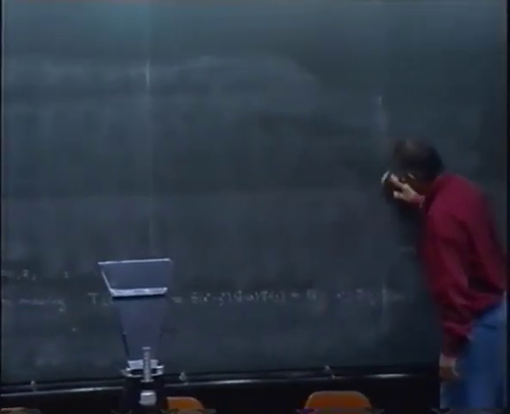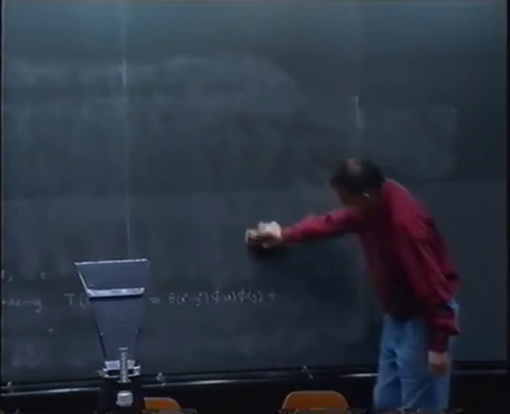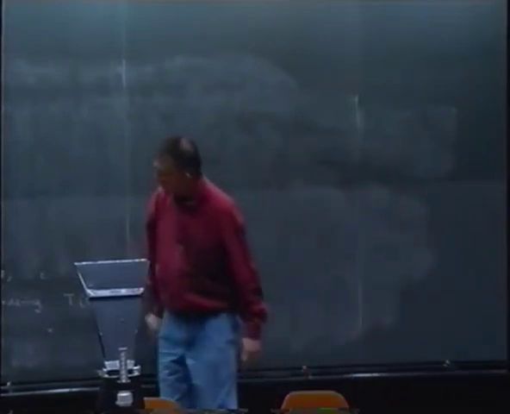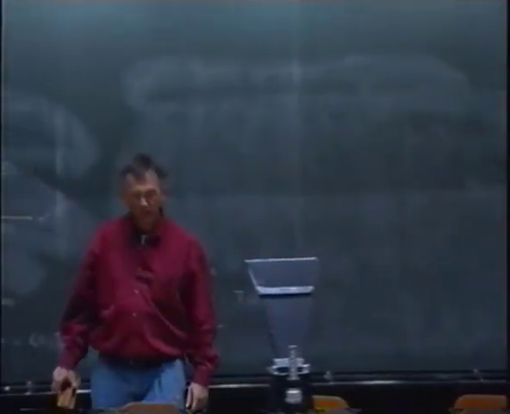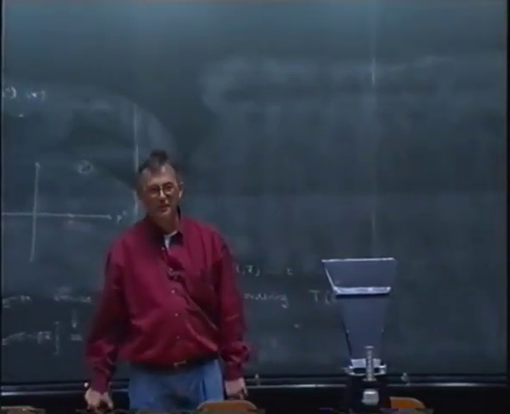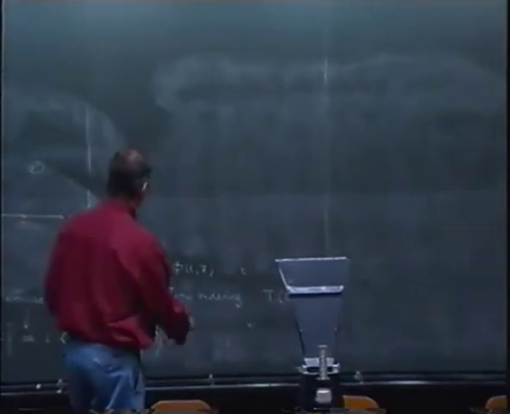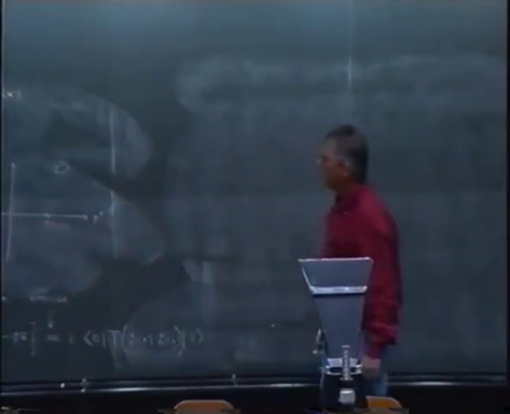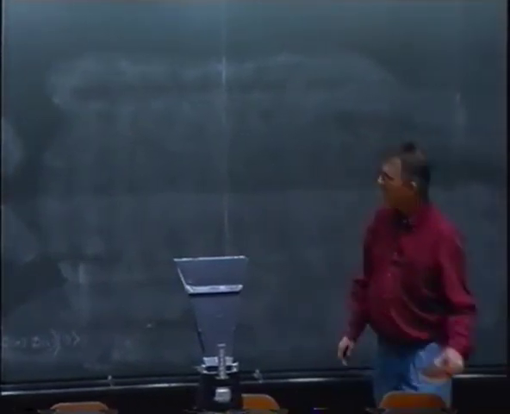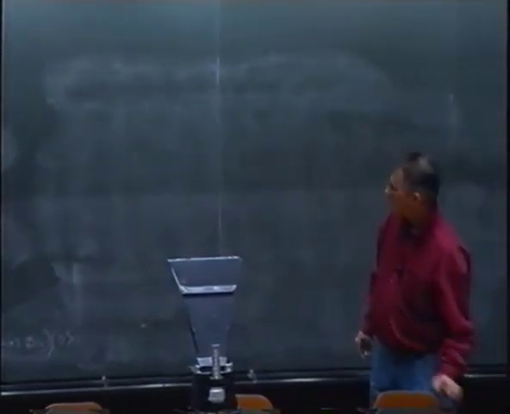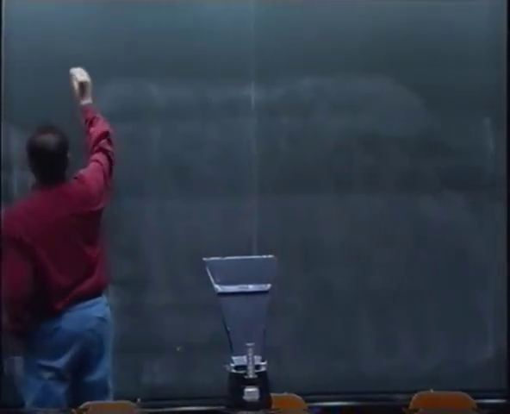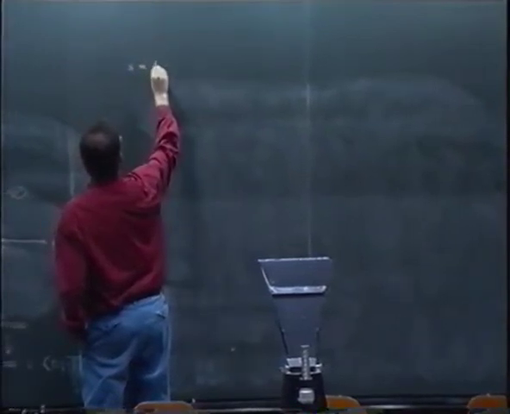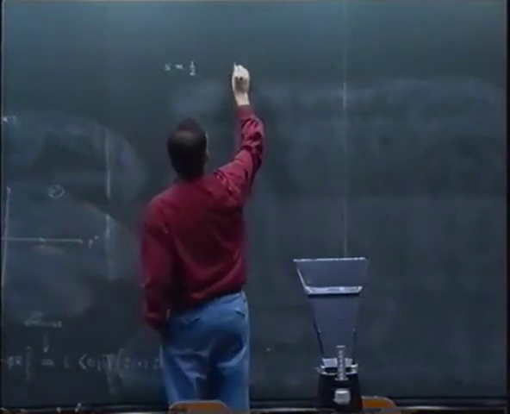Now, there are more kinds of fields, of course, we know, in nature. There's not just the scalar fields. In fact, so far, there are no scalar fields at all. Maybe they will be discovered at the LHC soon. But so far, all the fields that we see in nature, or particles that we see in nature, are of a more complicated kind. And that is because they have a spin. So now we have to proceed to higher spin. Spin 1/2. In this case, we will have to deal with the Dirac equation.